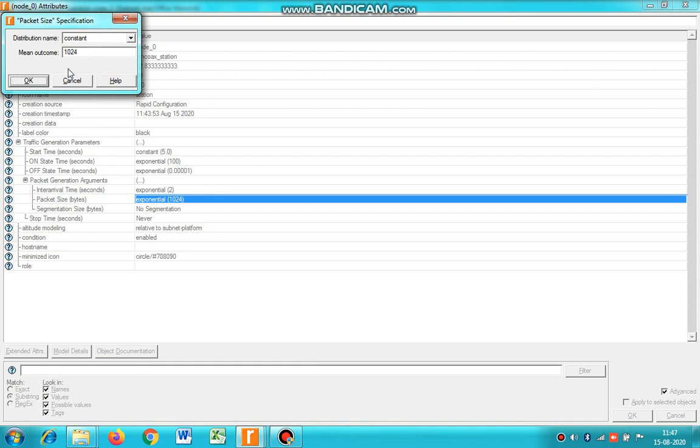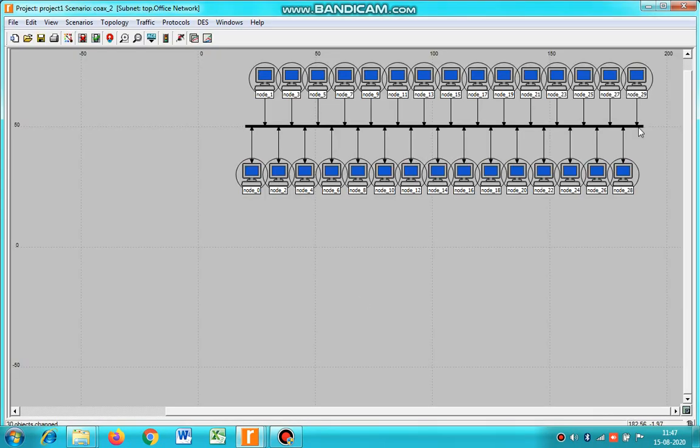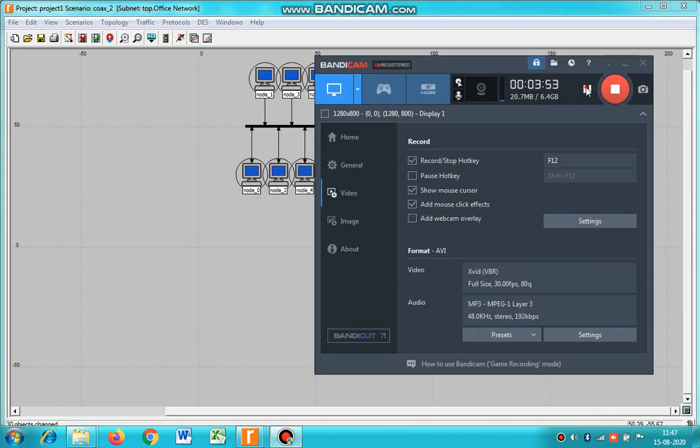Select constant 1024. Okay, so we are done with this. Don't forget to select this apply to selected objects, so that all the 30 nodes will be selected at a simultaneous time. Okay, so we are done with this part.